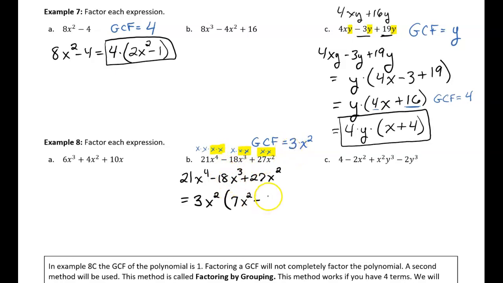Okay, minus, let's see what happens with the 18x cubed. See, 18 divided by 3 is 6. X cubed divided by x squared. So if I have 3 x's, I'm pulling 2 of the x's forward. There's only 1 x left behind. Then our last one, 27 divided by 3, well, that's 9. And then the x squared divided by the x squared, we're pulling both of these x squares forward. So there's just the 9 by itself. So there it is. There is our factorization